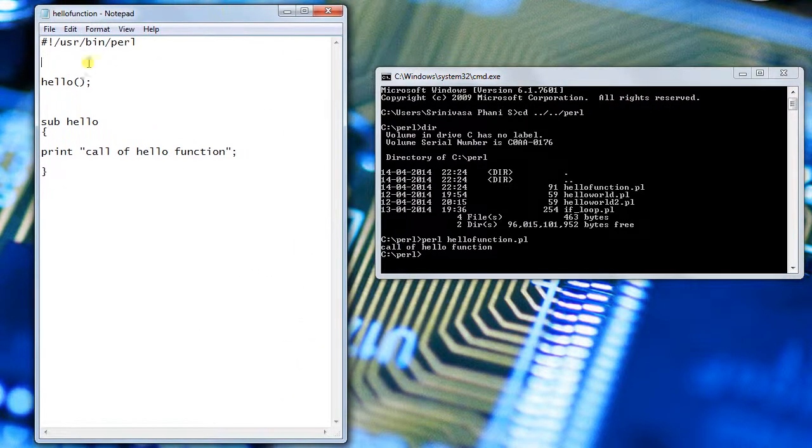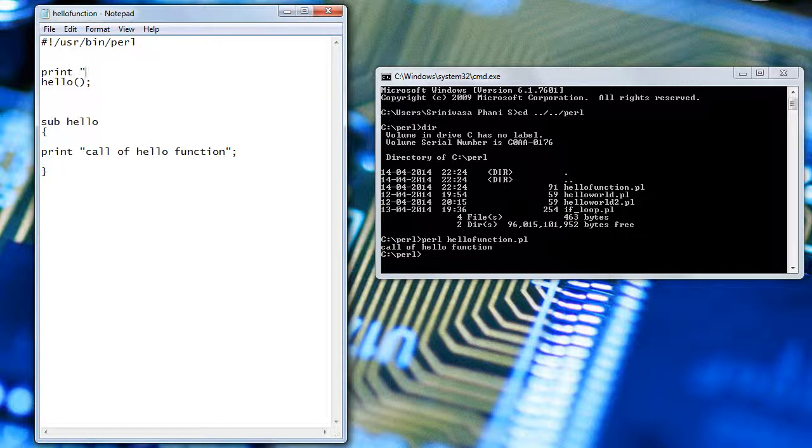It will reach this function call hello, and after that it will jump to the subroutine and execute the code inside the subroutine. Now, to show you how sequential execution works, I will put some more print statements to get a clear understanding of the flow inside a program.